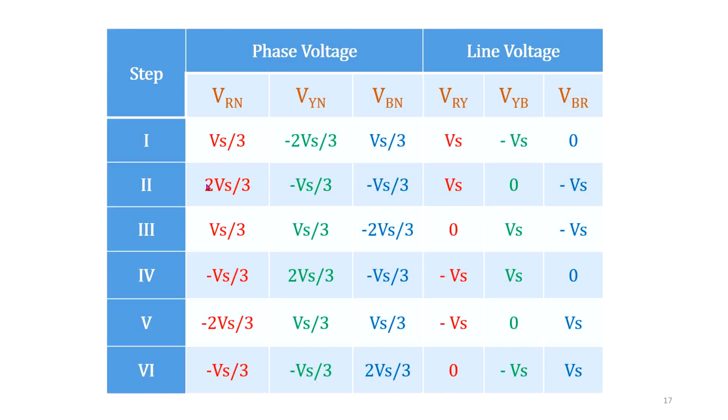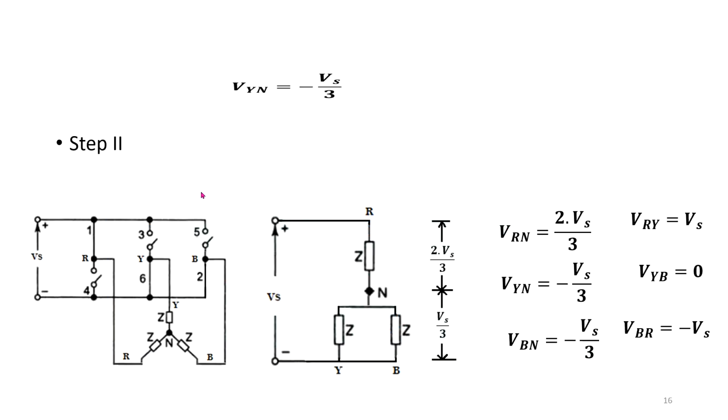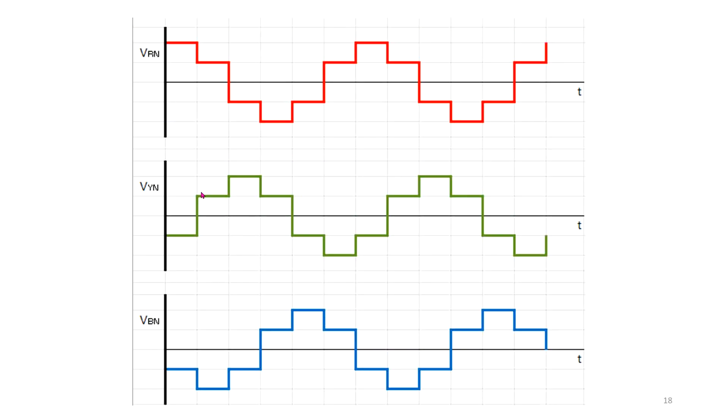Okay, Yn. Okay, they have started from here. Actually, from step 2, you carefully look at that VRN. It's a sequence actually. If you look at this one, this is 2 Vs by 3, this is Vs by 3, then it is 0. Similarly, correspondingly,